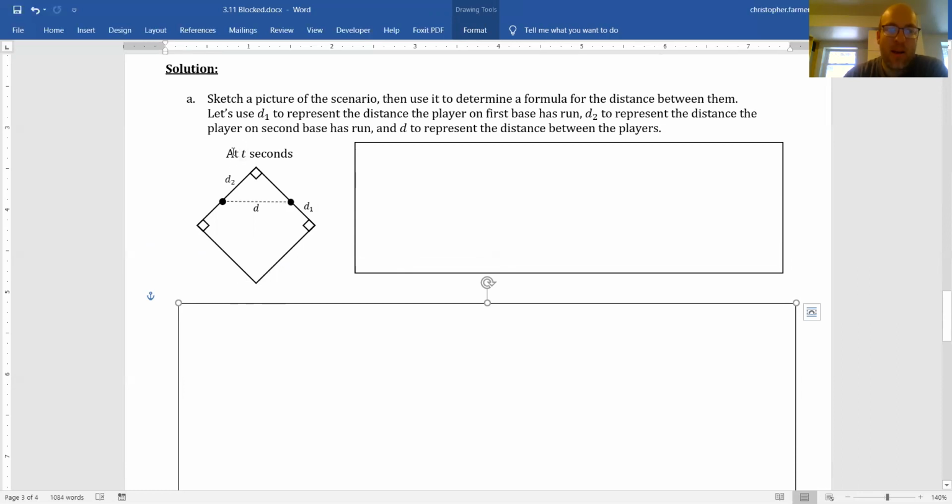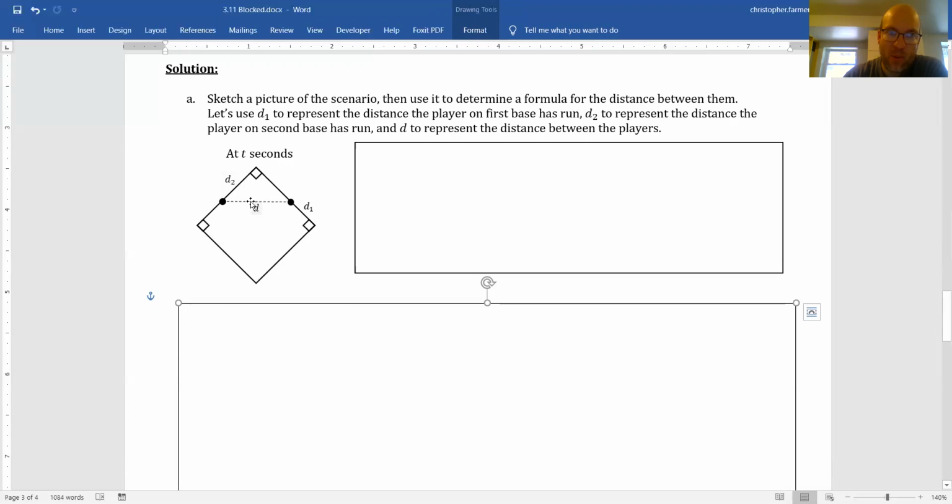This is just after a generic t seconds. This runner is a little ways... The runner from second base would have run this distance. So here's distance 1, here's distance 2. And of course, the distance between them is going to be this diagonal line. Okay, so there's still some blanks to fill in here, but hopefully once you get this drawn, you